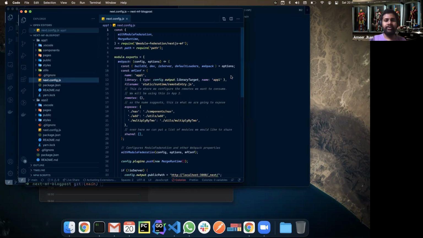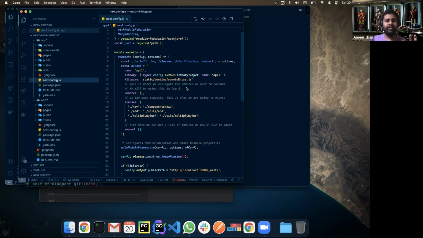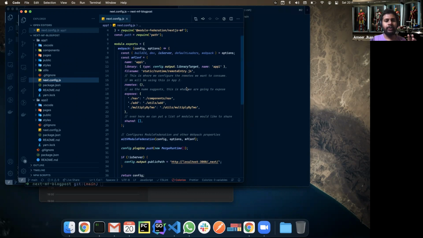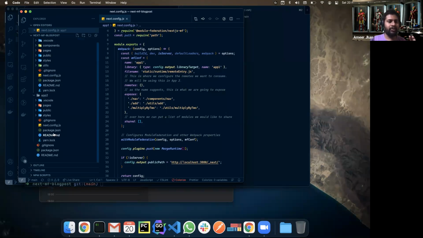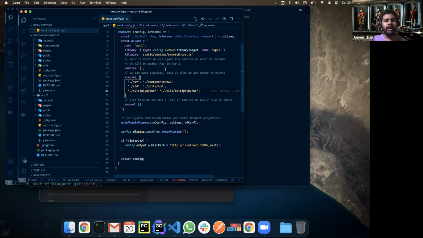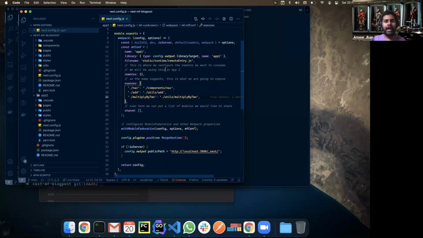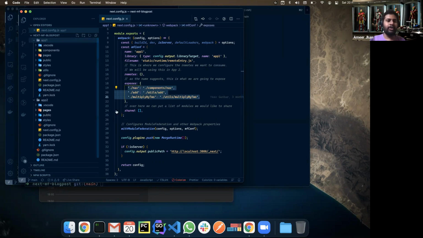He's using a Webpack plugin called Module Federation. In that, for each of your micro frontends, you can have a Webpack config. In that Webpack config, you can tell it what things you export from the app itself. For example, in this case, he is saying I'm going to export my navbar and my other components, and then you can use them in another app. That's the whole idea of module federation.